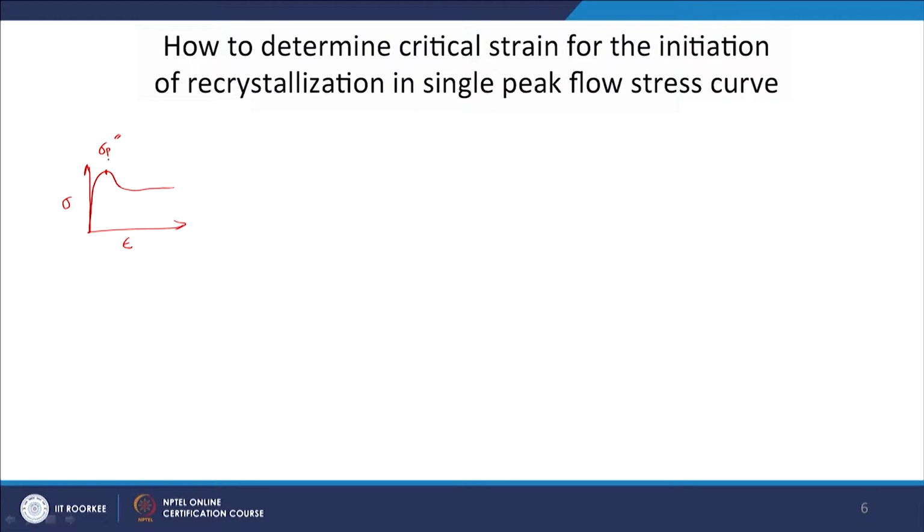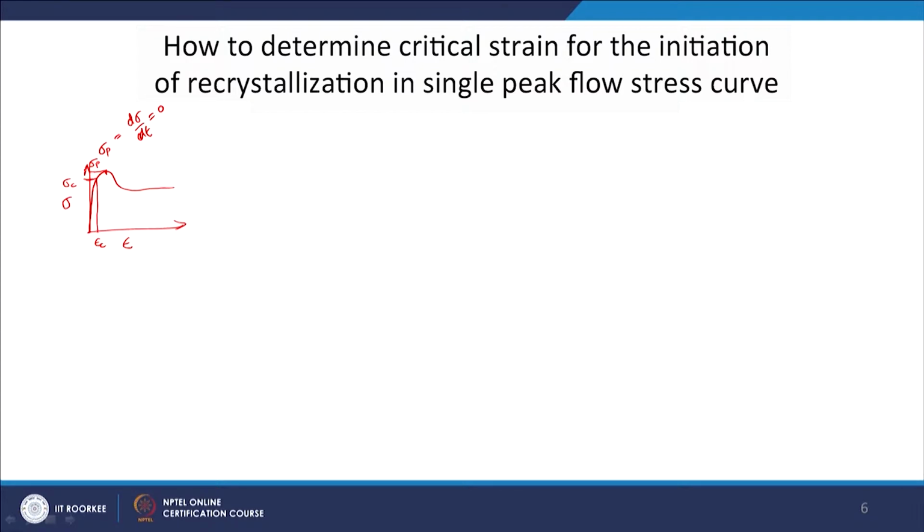So, sigma p should be associated with where d sigma by d epsilon is 0. The stress associated with that will be equal to sigma p. So, somewhere here is my sigma p and somewhere here is my epsilon c,